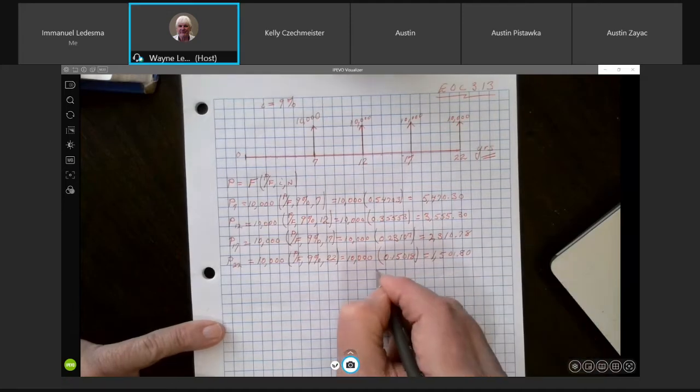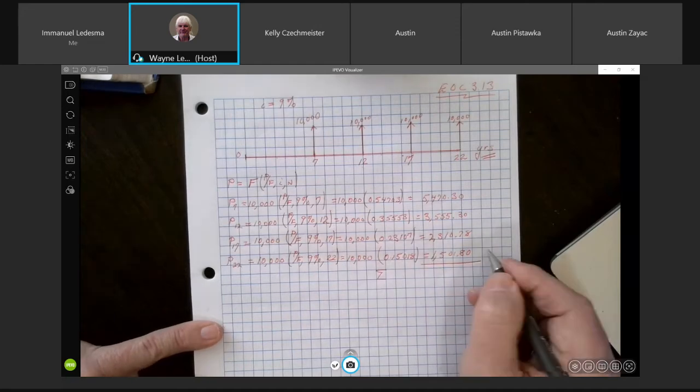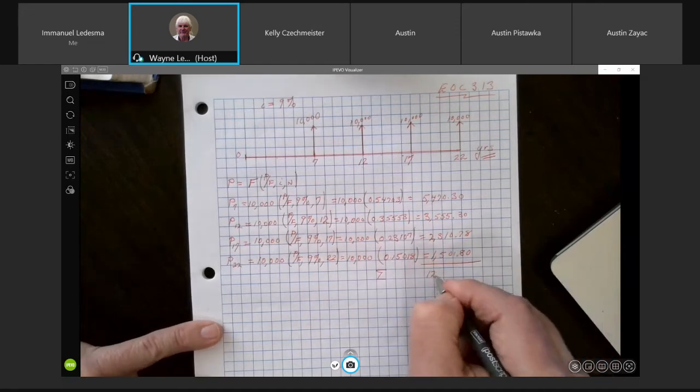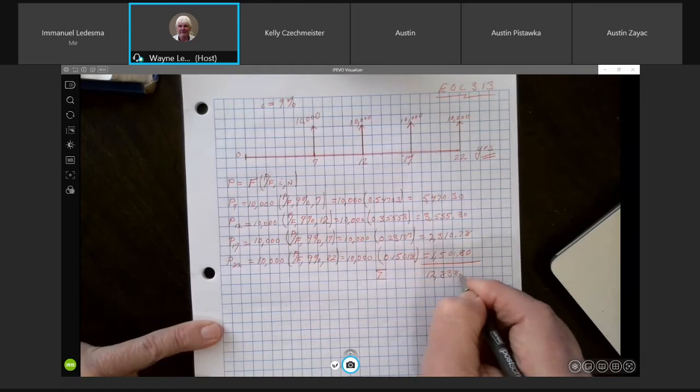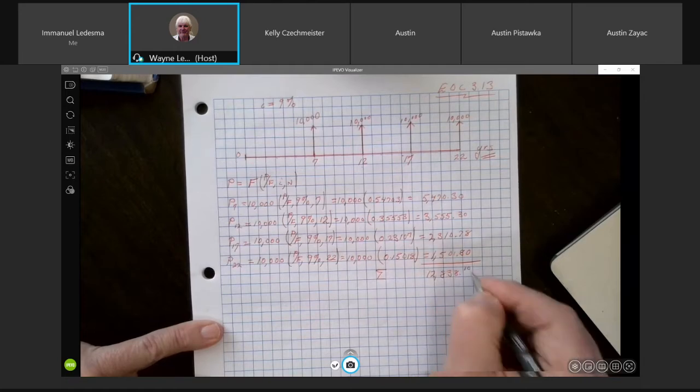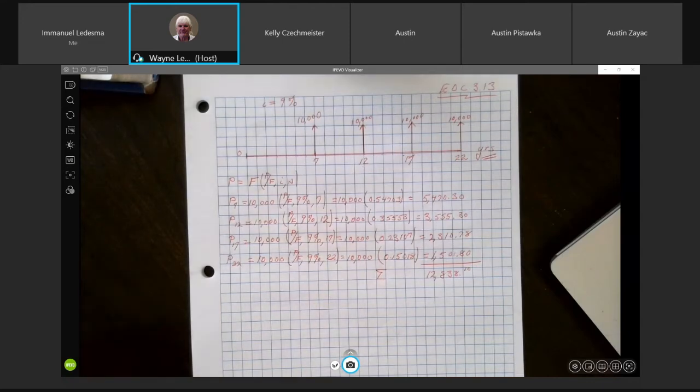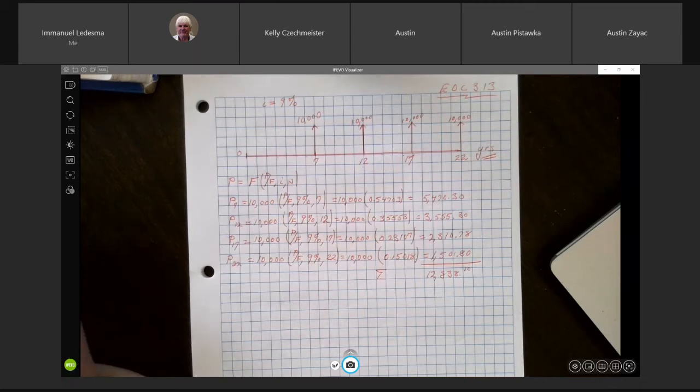So we could now say the sum of all of those will be $12,838.10. And that should be the answer that's at the back of the book if you did it this way. Now, can it be done in different ways? And the answer to that is yes. So that will be method 1. I'm going to work method 2 as well, but we have to make some changes to this. And what I'm going to do here is say, let's convert it,